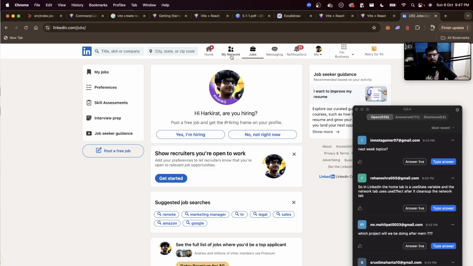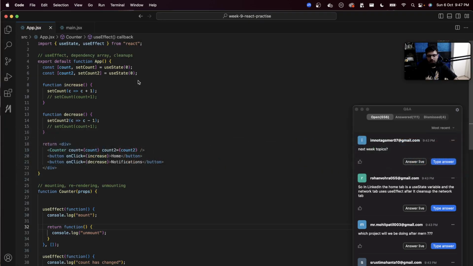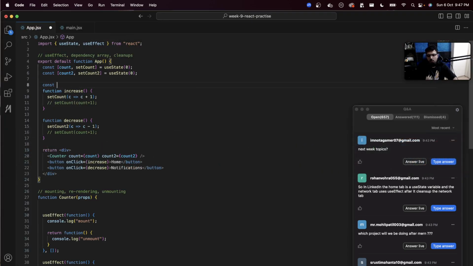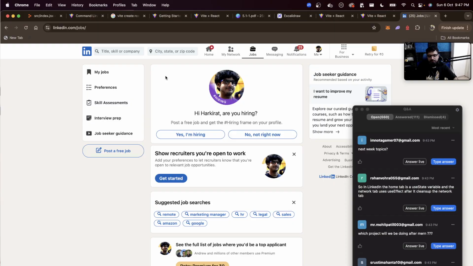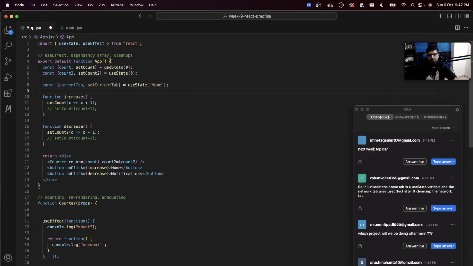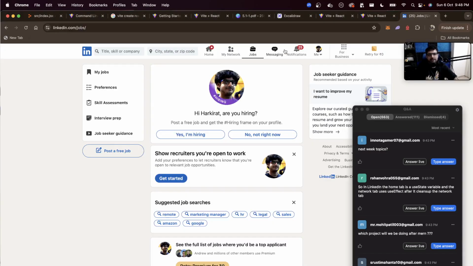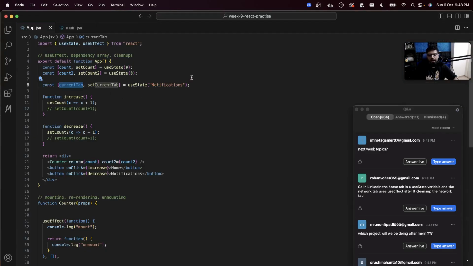So there is a variable like this called const [currentTab, setCurrentTab] = useState('home'), let's say, something like this. This is what we have, and it keeps on changing to whatever tab you click on, like notifications, and when you go from here to here,